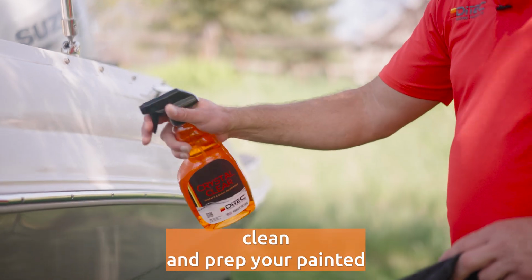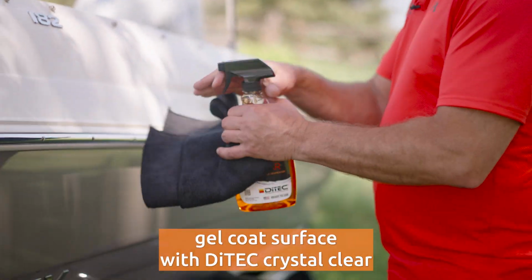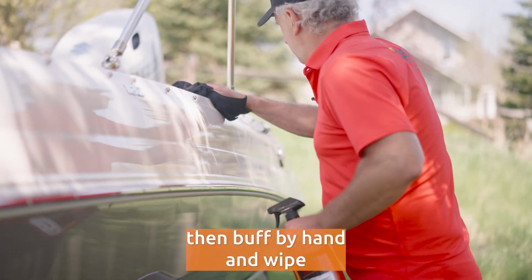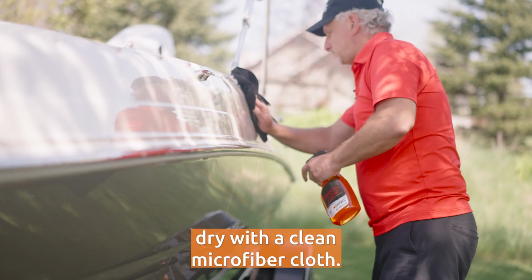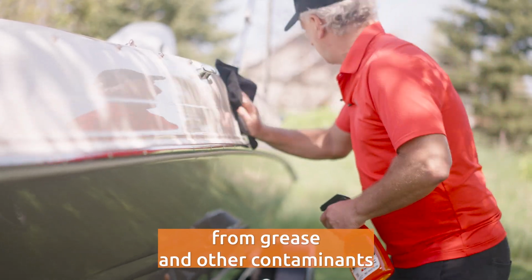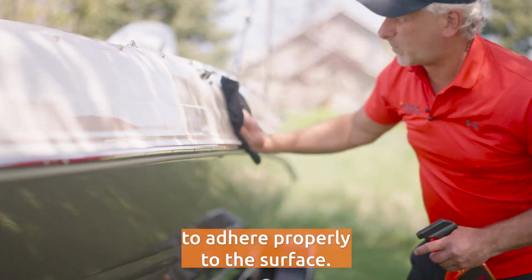Clean and prep your painted gel coat surface with DiTEC Crystal Clear. Spray generously on the surface in sections, then buff by hand and wipe dry with a clean microfiber cloth. The surface must be completely clean from grease and other contaminants in order for the PROTEC 1 to adhere properly